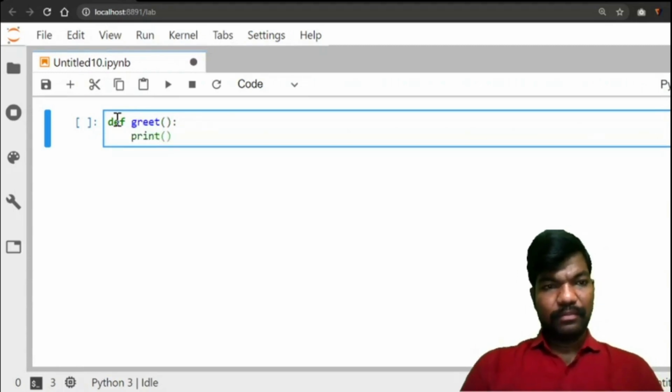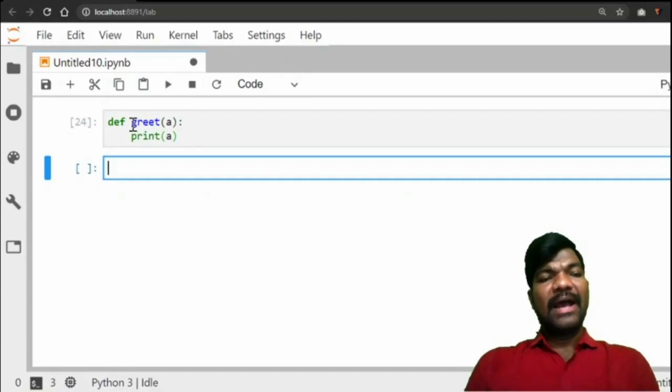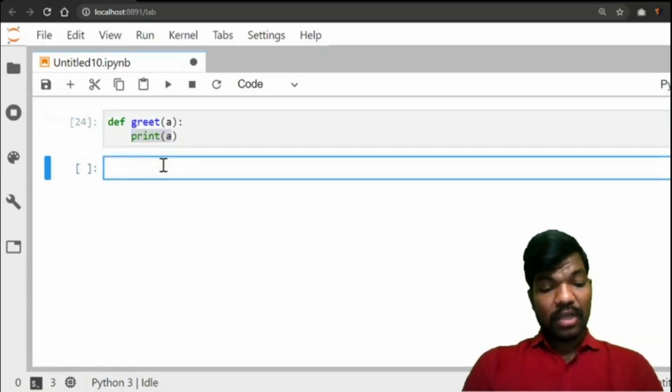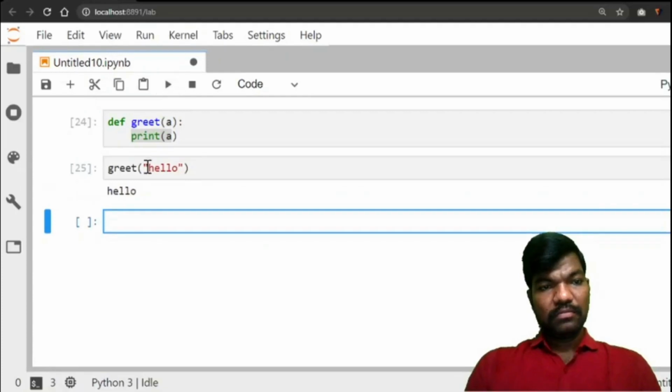I am giving the variable a, print of a. This is the function, and this is the function name. The function operation is printing the argument. Now call the function like greet of hello. You will get hello.